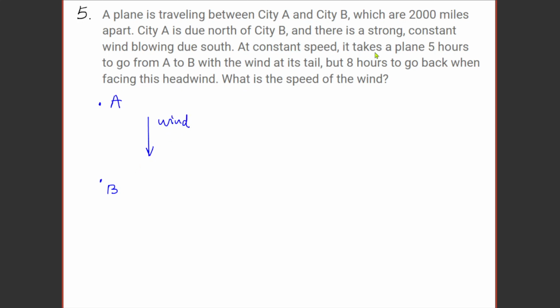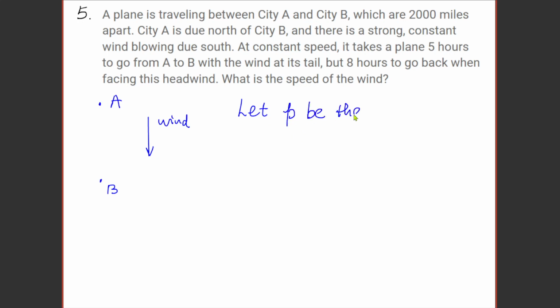And at constant speed, it takes a plane 5 hours to go from A to B with the wind at its tail, but 8 hours to go back when facing this headwind. What is the speed of the wind? So apparently we have two unknown variables. We don't know the speed of the plane without the wind, and we don't know the speed of the wind, right? So we could let P